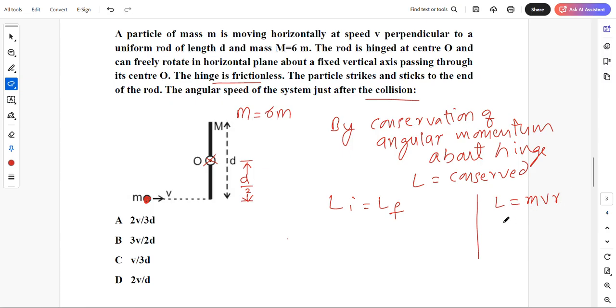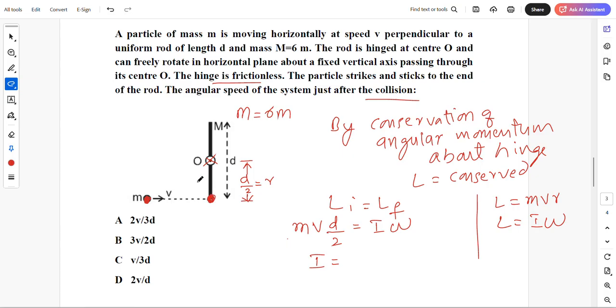For the time being, this is acting as a radius. R is equal to d by 2. L is equal to m v r, that is equal to d by 2. L is equal to I into omega. For a point mass, I can write m into v into this. This total length is d, so r is d by 2. That is equal to I into omega. Now what is I? I is, after this point mass m comes and sticks here, equal to